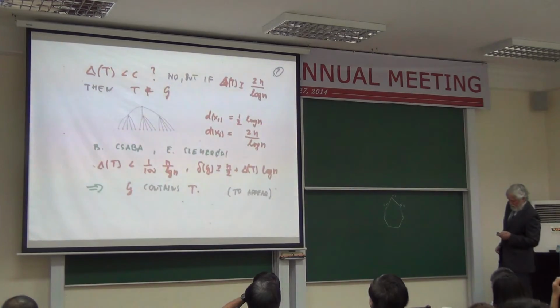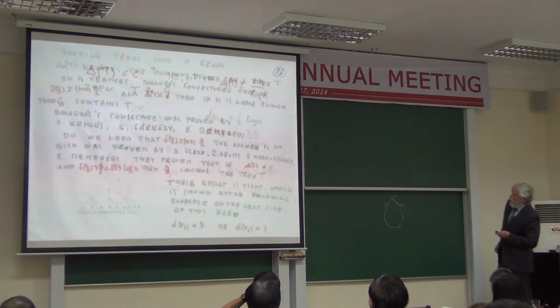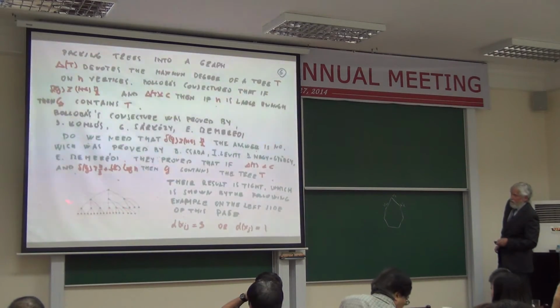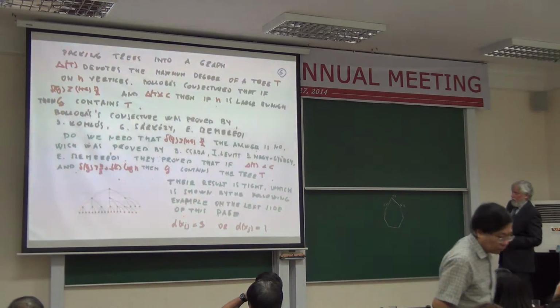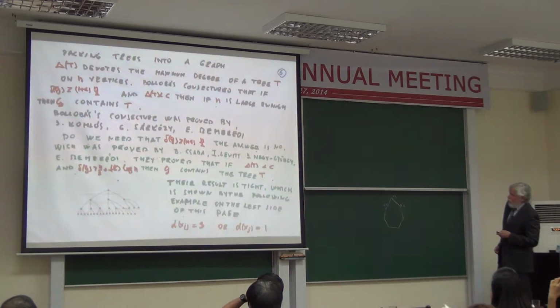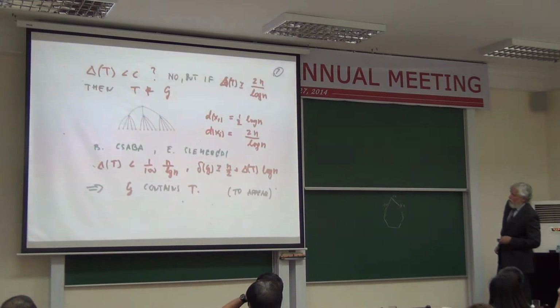Then also I should go back. Yes, that this graph there shows that also this is tight. So you cannot do better: if the maximum degree is less than C, then you have exactly the same result. But this example I will not prove; it shows that the result is tight. So the error term has to be of order log n. But because it involves a lot of probability theory, we cannot prove anything in between. The two extreme cases are when it is big or when it is small.